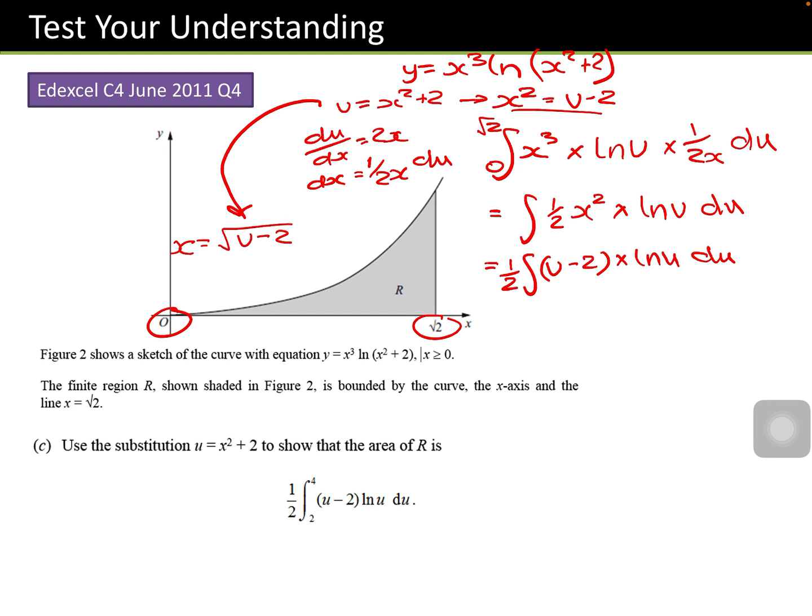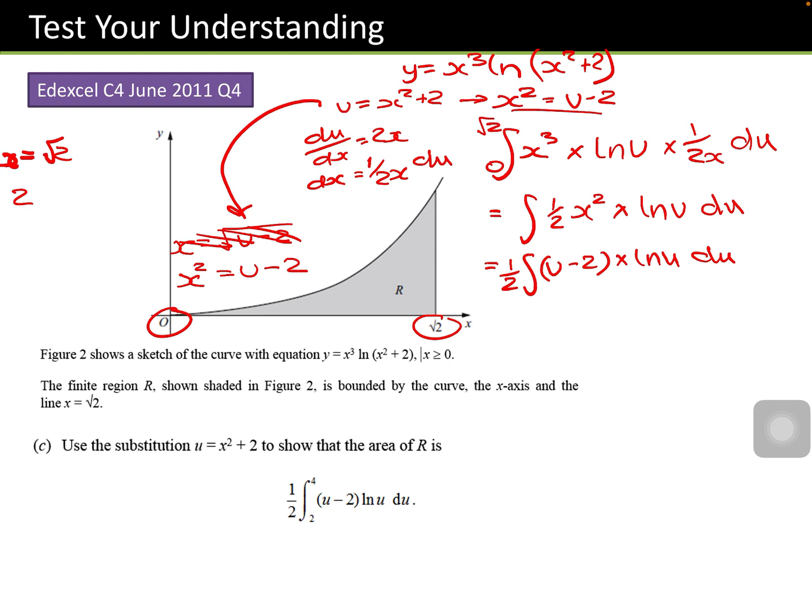Actually it's not going to be any easier, let's use the original one. So we are still going to use x squared equals u minus 2, and we're going to go through and solve. So when x equaled root 2, root 2 squared is going to be 2, so we end up with 2